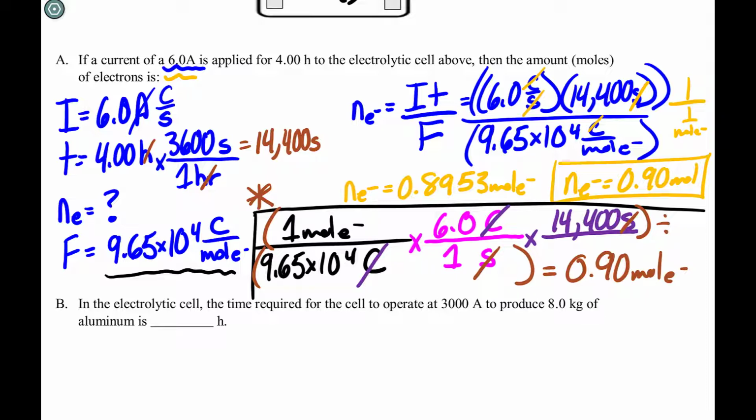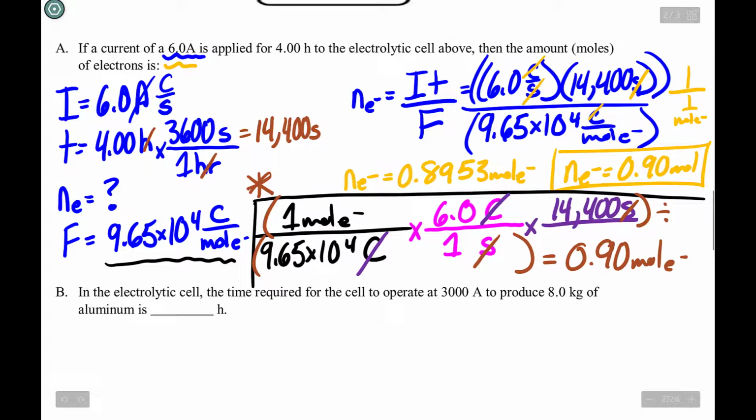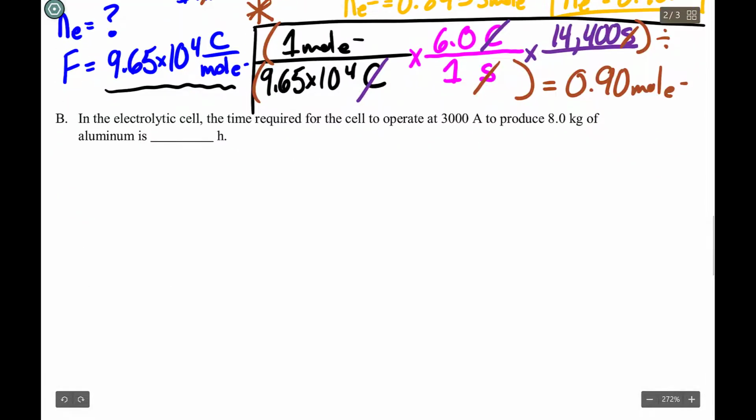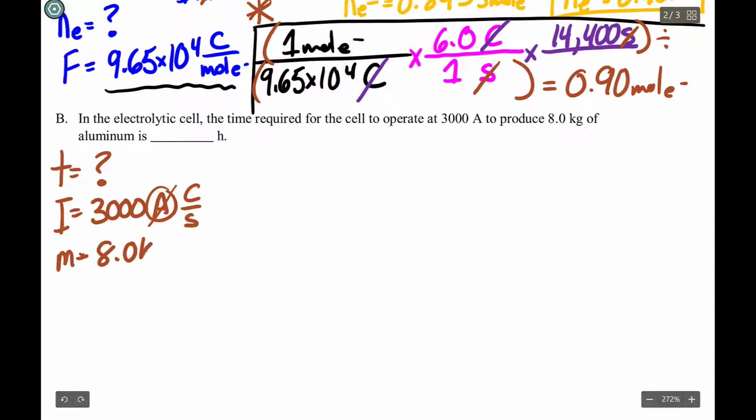Because I'm using fractions, I just start with whatever unit I want to solve for, and off I go, I start solving the problem. Okay, here's another question based on the same cell. It says, in the electrolytic cell, the time required for the cell to operate, okay, so let's start with we don't know the time. For the cell to operate at 3000 amps, my current is 3000 amps, but I never use it as amps, I always put it as coulombs per second,